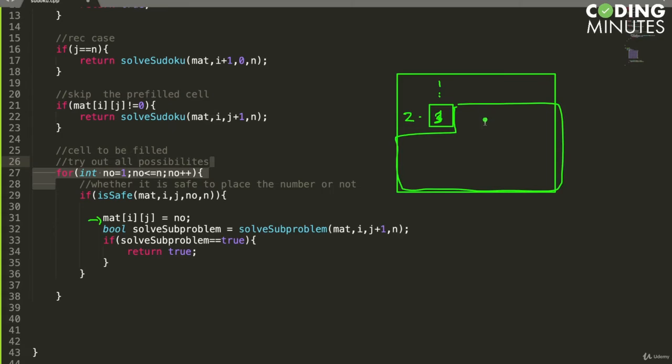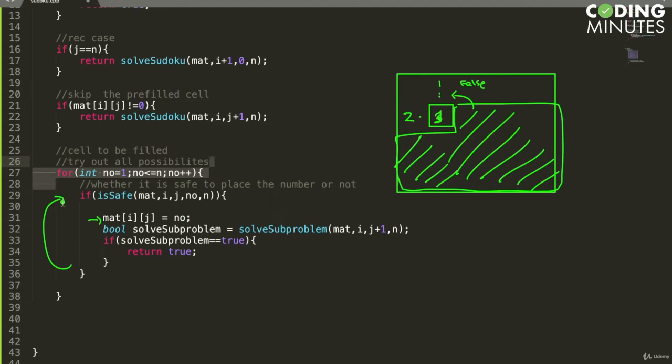Now the problem arises, maybe by putting 3 we cannot solve this grid. Okay, we cannot form a solution if 3 is present here. Maybe the solution should contain 5 here. What we do, this sub problem will automatically return false. Okay, and this loop will work and we will try to place 4 here. Maybe 4 is present here, we will skip it, we will place 5 here, and once we place 5, we